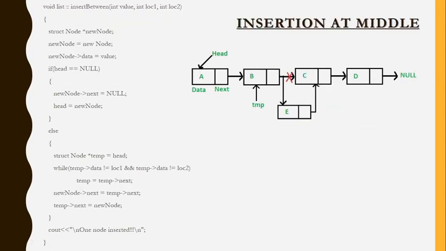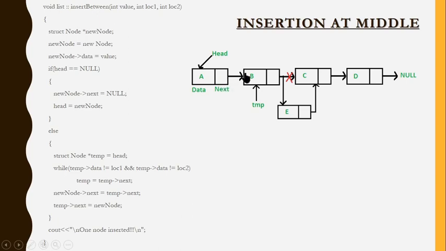Our next function, insertion at middle. If you want to insert any node in between the existing nodes, what needs to be followed? Here in this picture, we can see A, B, C, D, where B's address is in A, C's address in B, and D's address in C. If I'm going to insert a new node in between B and C, how is the structure going to look? It comes like A, B, E, C, and then D.